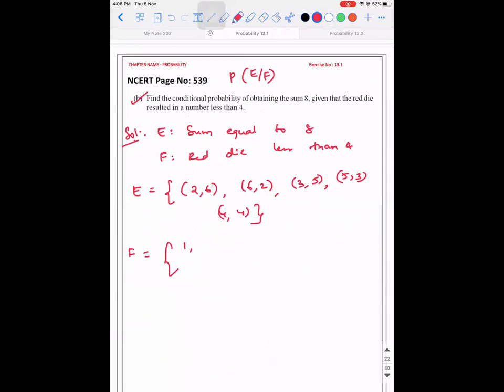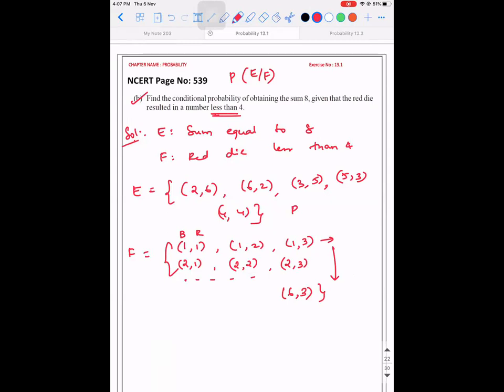What you asked is right. It should be black here, red here, so red is showing a number less than 4. So 1, 1, 1, 2, 1, 3. Similarly 2, 1, 2, 2, 2, 3. Like this it keeps on going till 6, 3. The number of elements in the first row is 3, and the number of columns is 6. So totally, how many elements are there? 18.